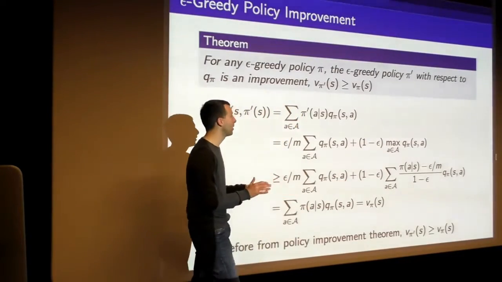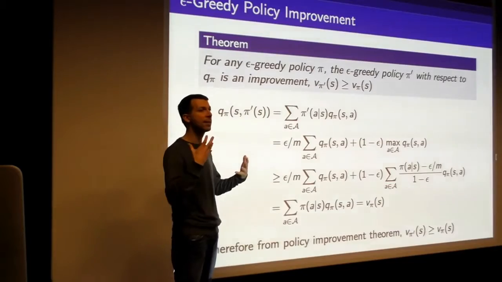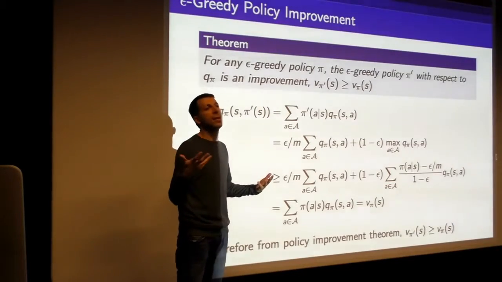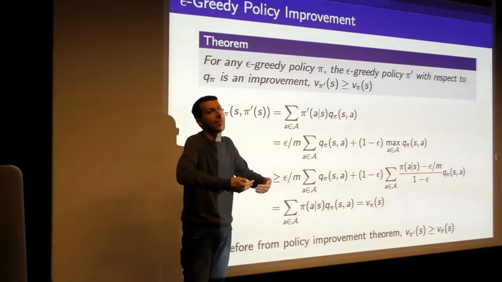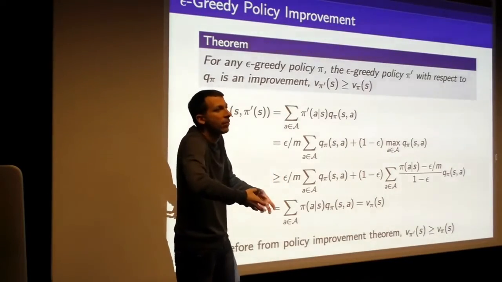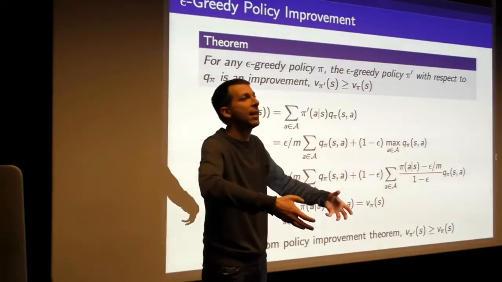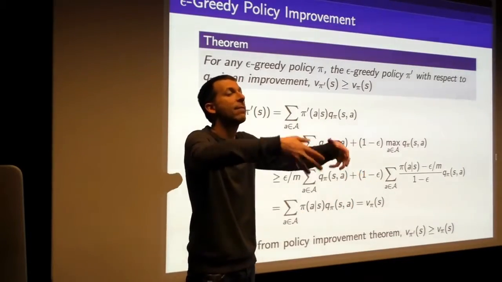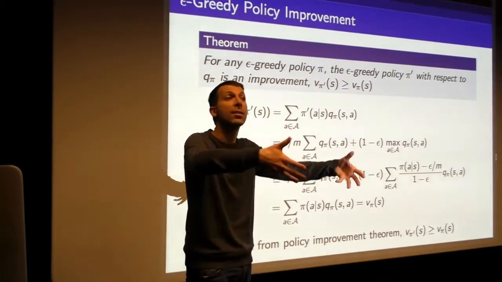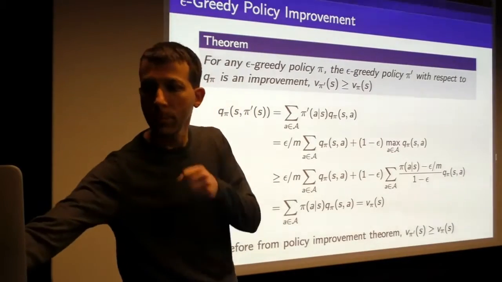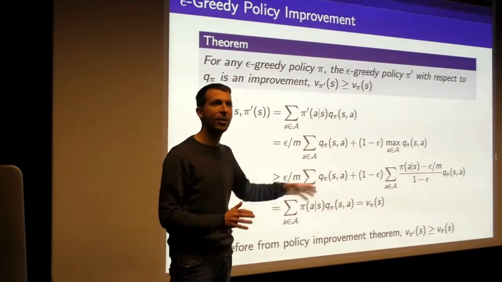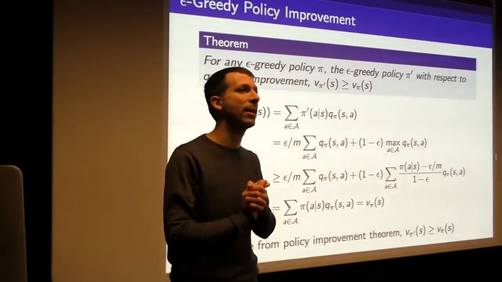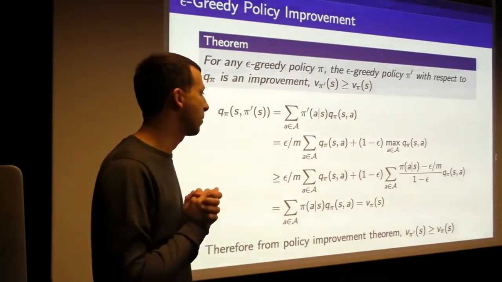Okay, you can look at this afterwards, but the main thing I want you to take away is that epsilon greedy, very simple idea, but it really does guarantee that you're making progress. You start off with some epsilon greedy policy, you evaluate it, you make a new epsilon greedy policy, and it's definitely better than what you started with, or at least as good as what you started with. Okay, and then for the final step, to telescope it, refer back to the dynamic programming lecture that explained how this telescoping argument works. It's the same idea.